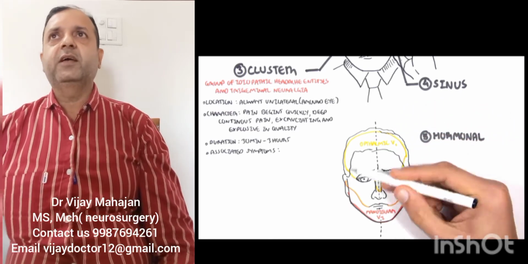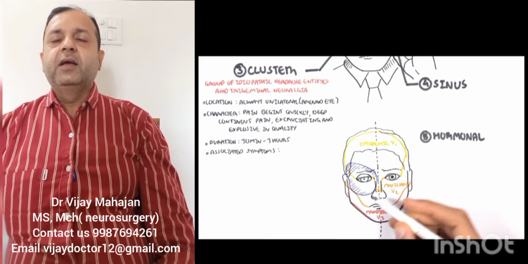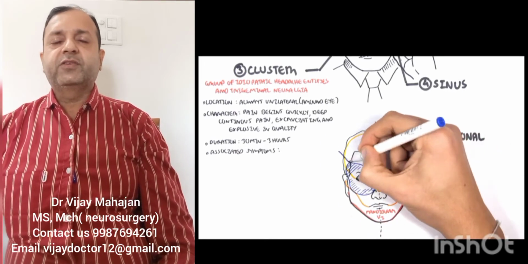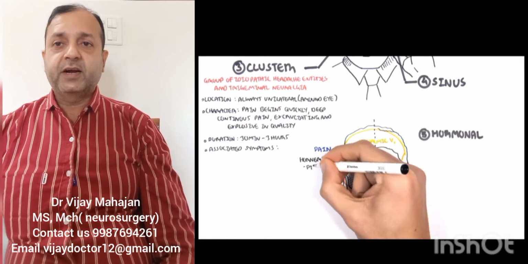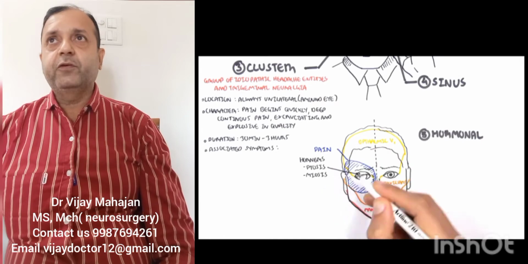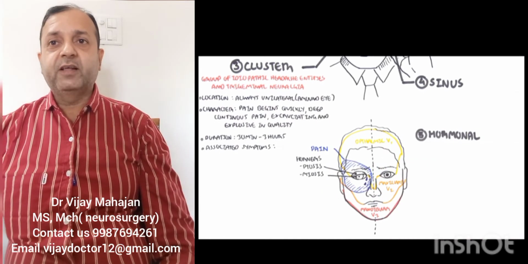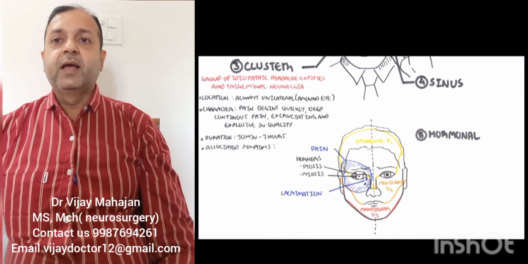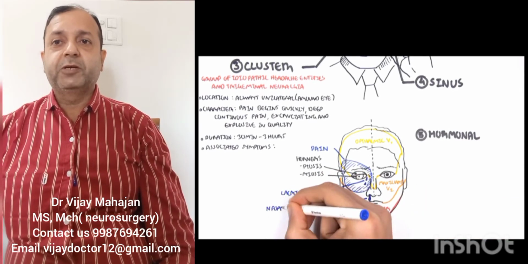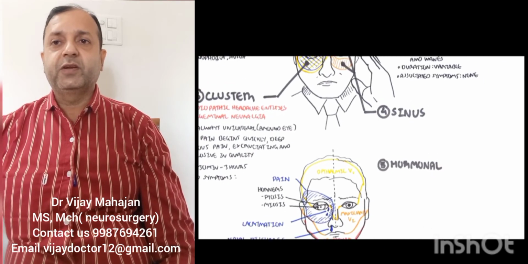We'll start with the subarachnoid hemorrhage. The patient complains that last night or yesterday he had a very bad headache and this is the worst headache of his life. So we have to plan for a CT scan or MRI to rule out any evidence of subarachnoid hemorrhage or bleeding, and we have to take such a patient for medical emergencies and surgical intervention.